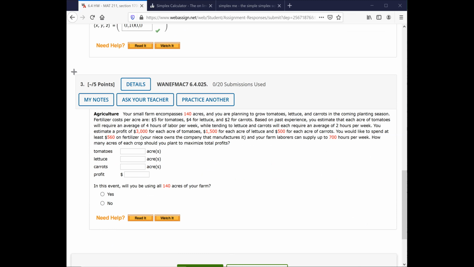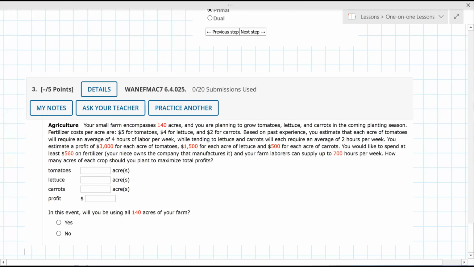Okay. So let's write the equations. I'll reshare the screen for this one. Okay, so we've got some sort of thing again. They want you to maximize total profits. Okay, great. So to maximize total profits, your profit function, where the variables are x, y, and z,